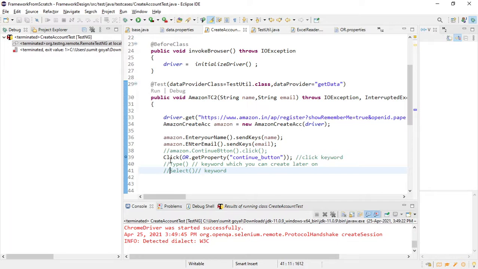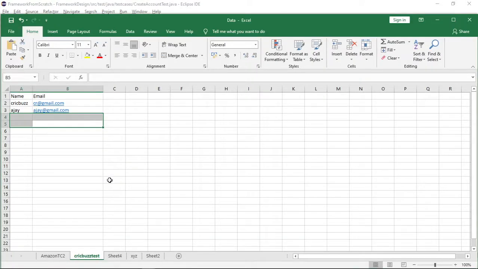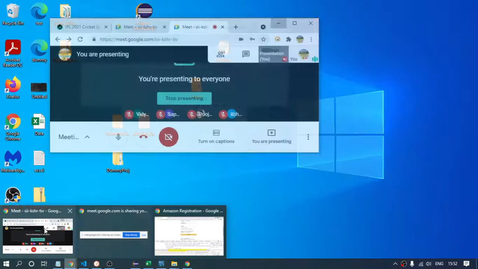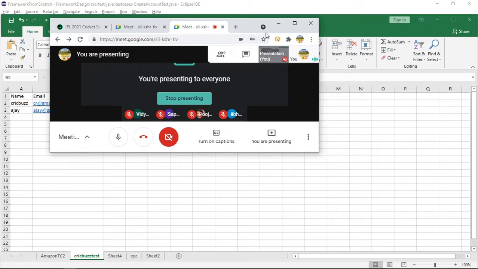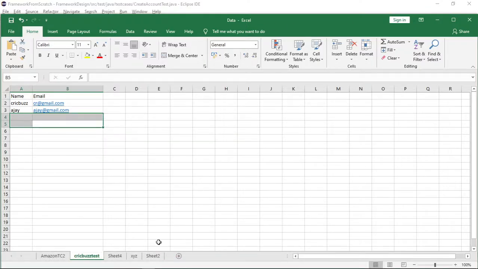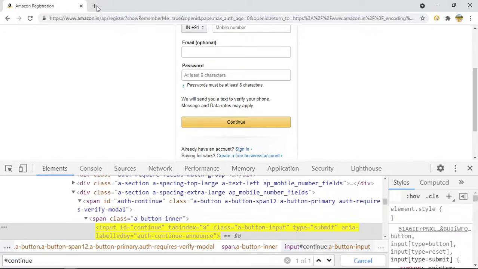So let us see one more topic for today, which is how we can drive the data from the database. As of now, we have done it from an Excel sheet, but sometimes there might be a case where we have to fetch the data from the database. So how can we do that? First, let us download MySQL. We have to download it, just type